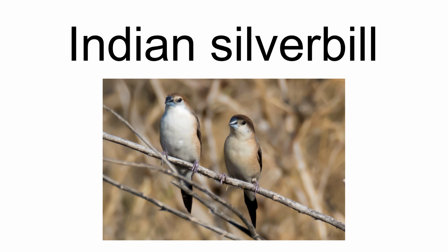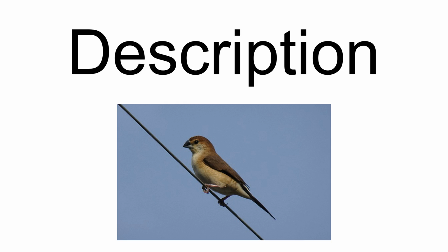The adult Indian silverbill is 11 to 11.5 centimeters long and has a conical silver gray bill, buff brown upperparts, white underparts, buffy flanks and dark wings. The tail is black and the wings are dark, contrasting with a white rump. The sexes are similar, but immatures have buff underparts and a shorter tail. The tail appears pointed as the length of the feathers reduces from the center outwards. It feeds mainly on seeds, but also takes insects and has been known to visit nectar-bearing flowers, such as those